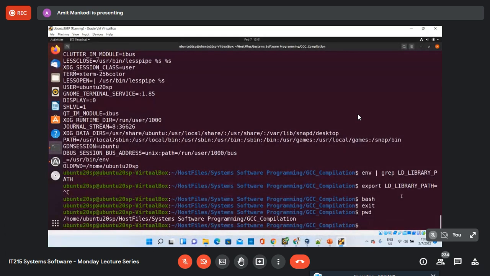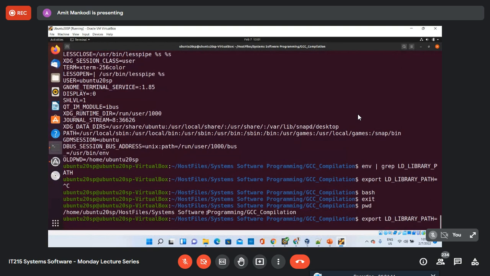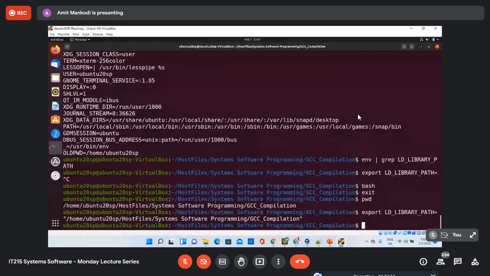So I'm going to say now export LD_LIBRARY_PATH, and you will notice that there is a space in between here, so I have to include that in quotation marks. The quotation marks will take care of that space.